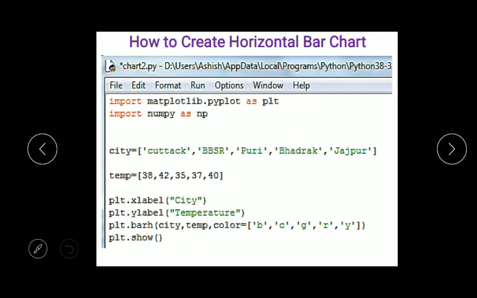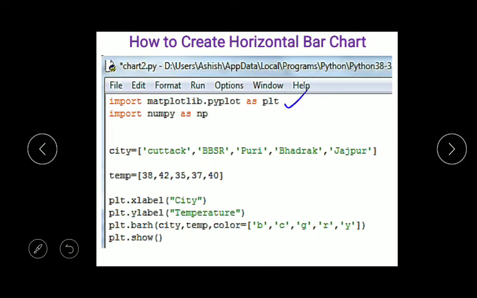In case of a vertical bar chart we have to call the bar method, but if you want to draw a horizontal bar chart, then simply call the barh method in place of the bar method. Instead of the bar method we have to call barh. Simply bar means it will draw vertical bars. Okay, barh means bar horizontal, it will draw horizontal bars. Understood? See the example here.